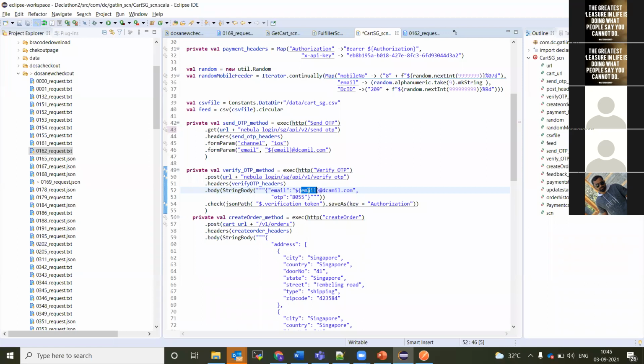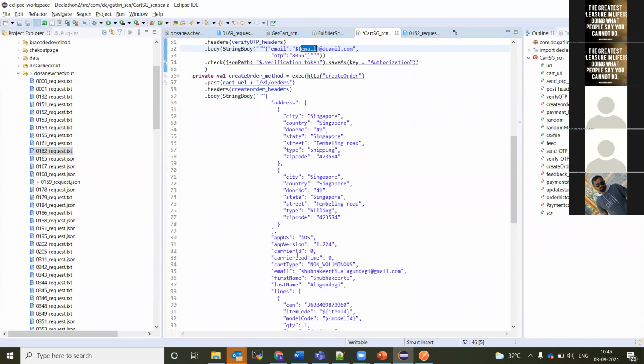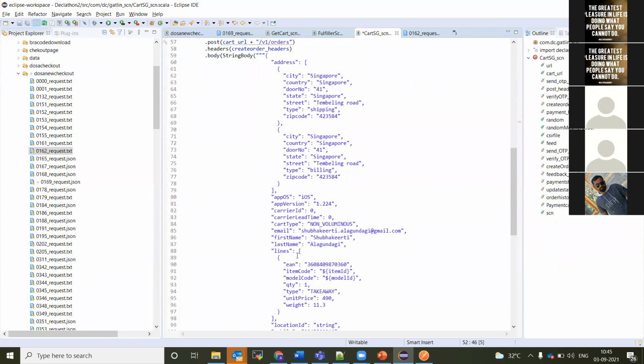Okay. See, Pramod, now as Arun said, if you see the line number 60, see now the string body. So now in a code, I don't want to keep all these things from line 59. So Arun, can you scroll a little bit down? If you see here, what is the size of this one? This is the size which you want to post. Do you want to keep this in the same scenario, I mean the Scala file? Rather than that, if you want to pass a string body, then you need to directly keep everything in this.